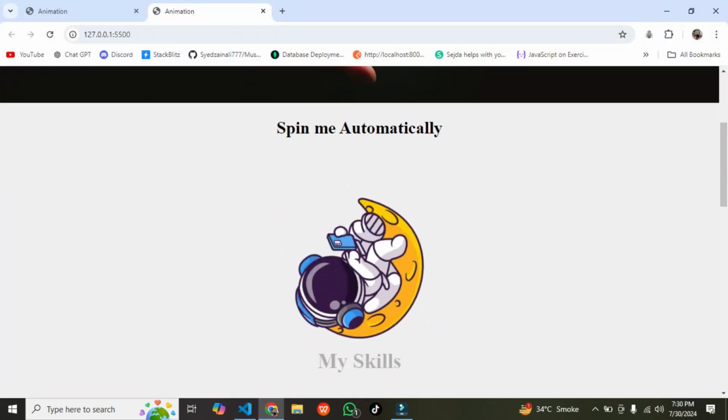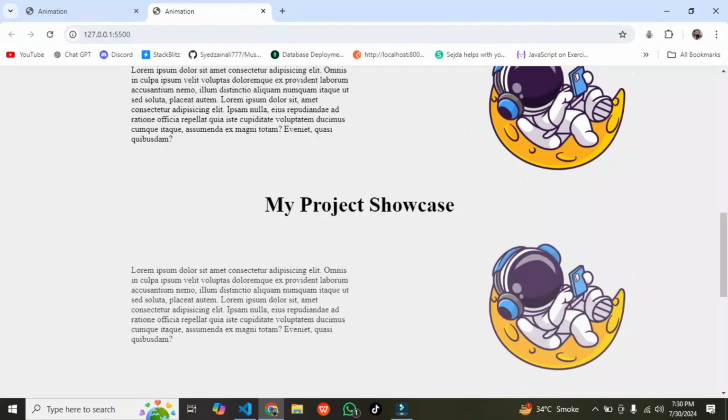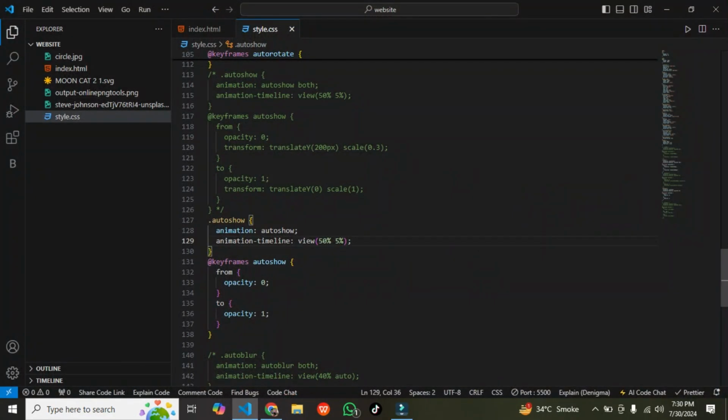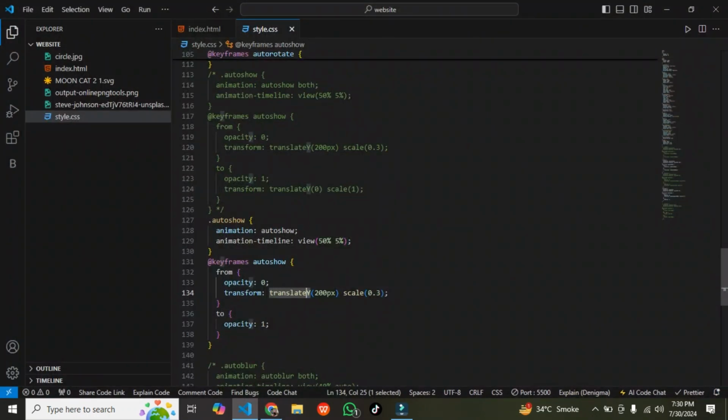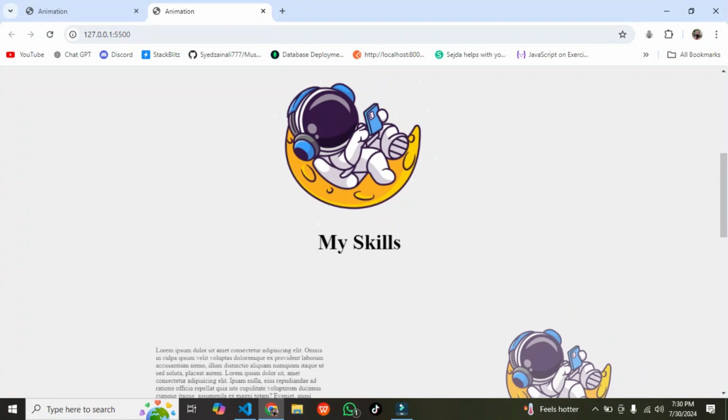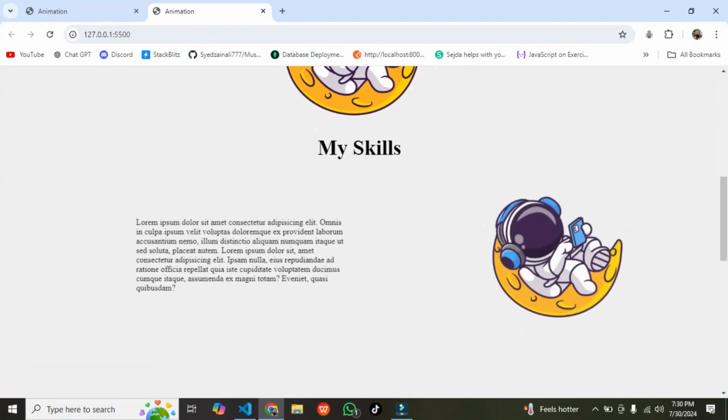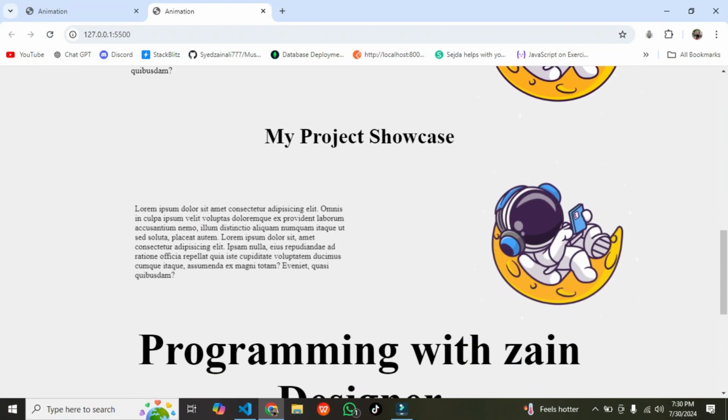You can see now it's going from 0 to 1, but it is not showing properly, so we can add a few more things. We can use the transform translate property. Here I add transform translateY. TranslateY is used for top to bottom and bottom to top on the Y axis, and I add from 200 pixels to 0 pixels. And scale from 0.3 to 1, it means it's zooming from 0.3 to 1. Now you can see the difference. Here it is 0 and it's going to 1 and zooming itself. Here is the second animation.